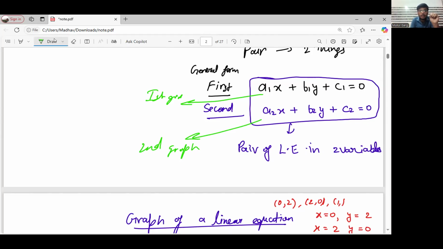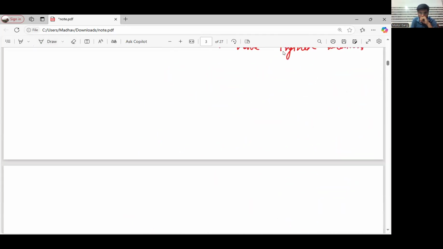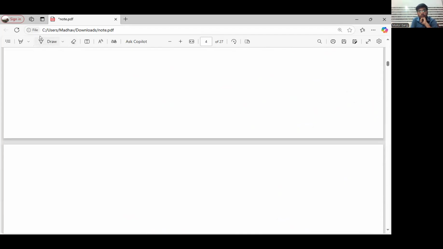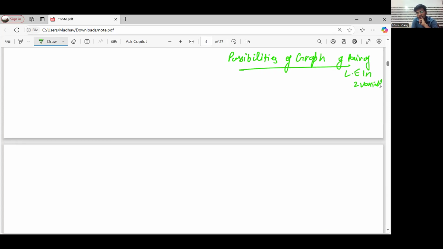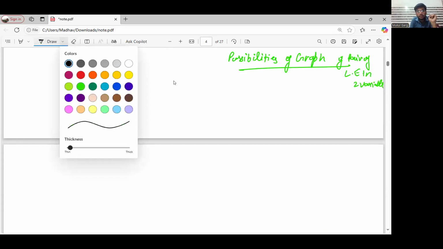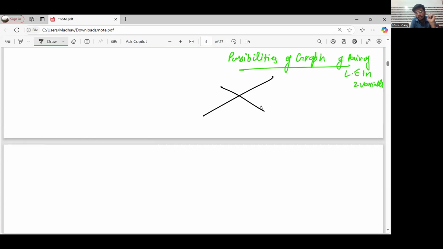सेकंड possibility क्या है अभी बताता हूं। So now all the possibilities of graphs of a pair of linear equations in two variables। पहली possibility ये है भाई कि दोनों graph आपस में intersect कर सकते हैं। This is the first possibility. So the first case we have intersecting case, दोनों line आपस में intersect कर सकती हैं। Intersecting, इसको हम बोलते हैं intersecting।